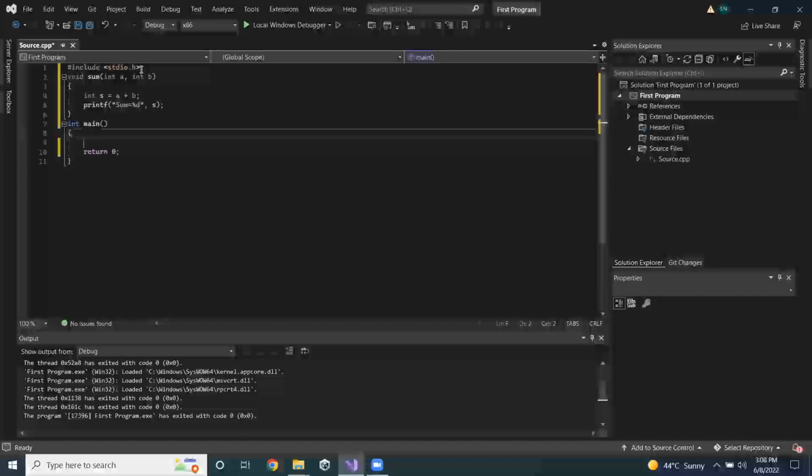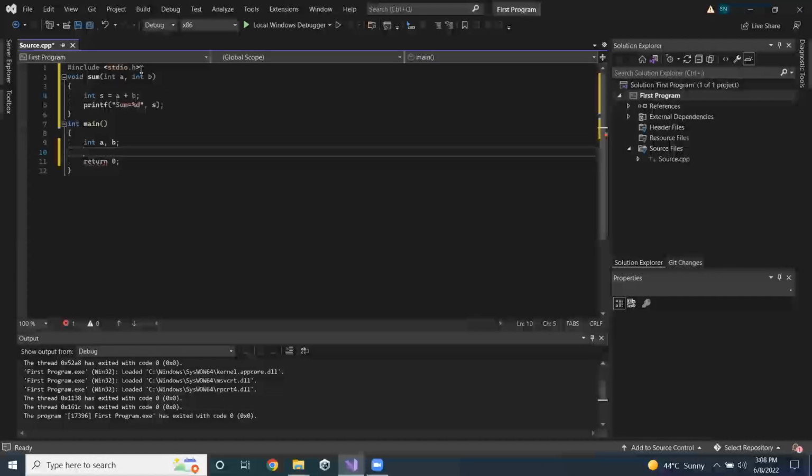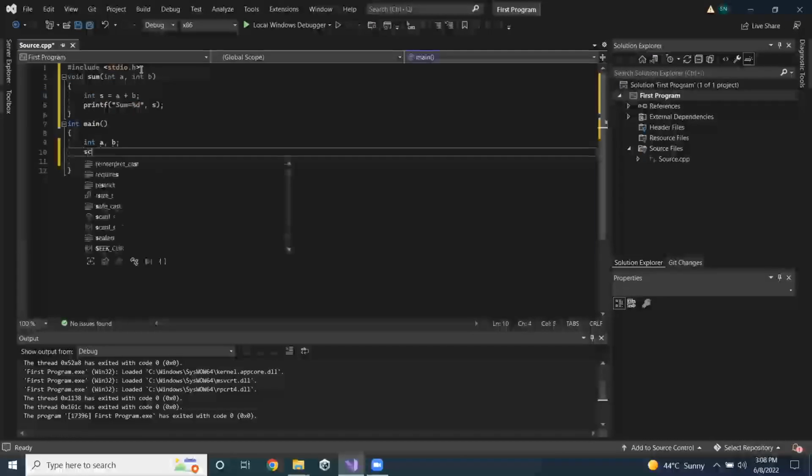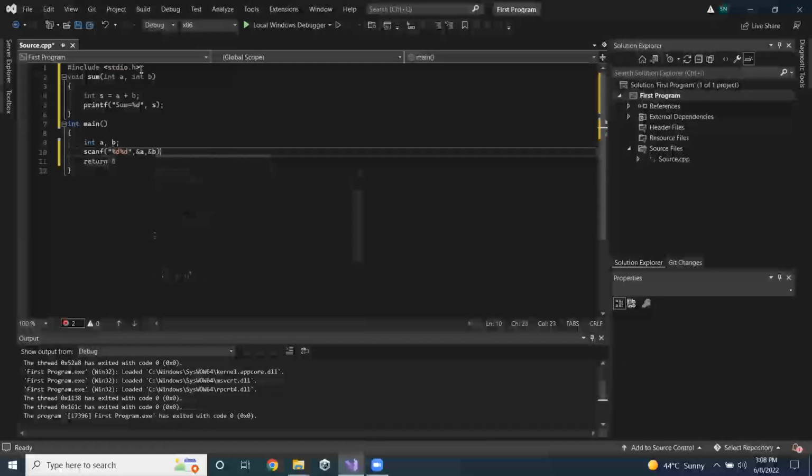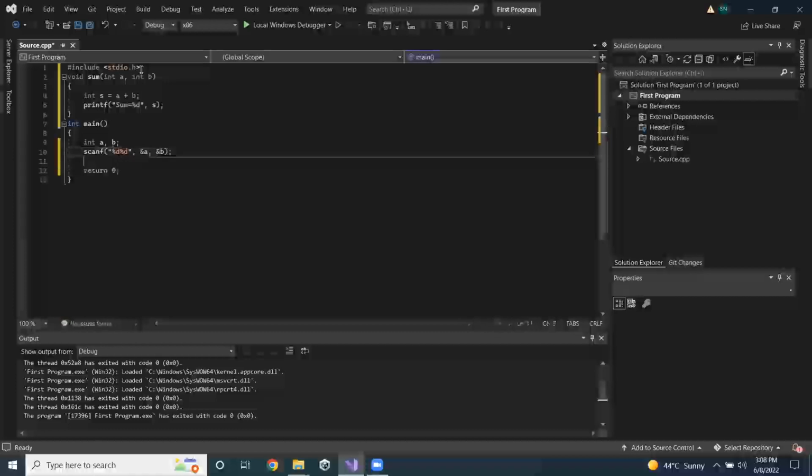Okay, and now I'm going to create two variables, a comma b, and I'm going to get the values of these two variables from the user. scanf %d. I'm not printing anything to make this program different, because I've told this so many times, so today I'm skipping that. Okay, so now